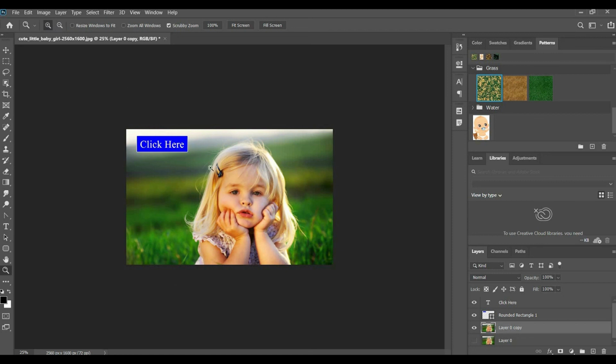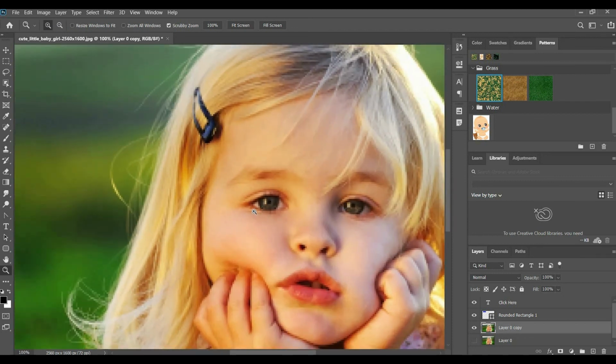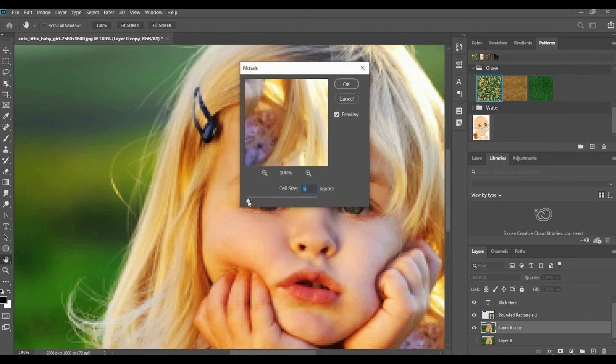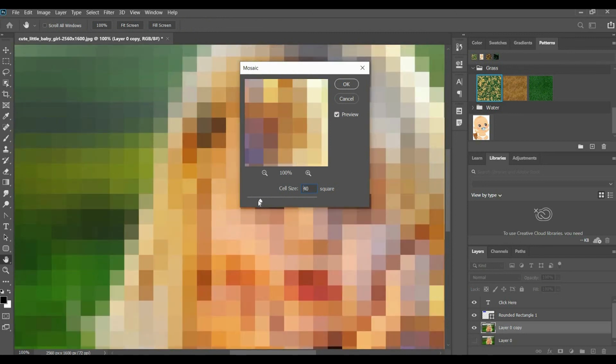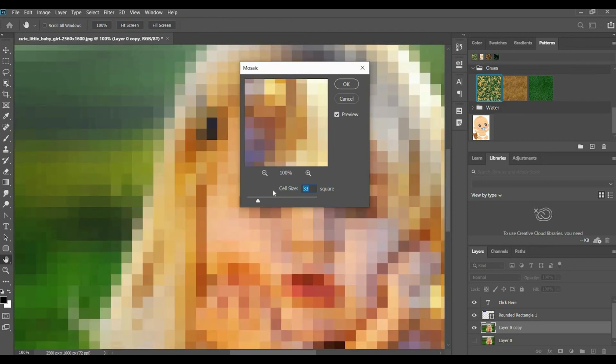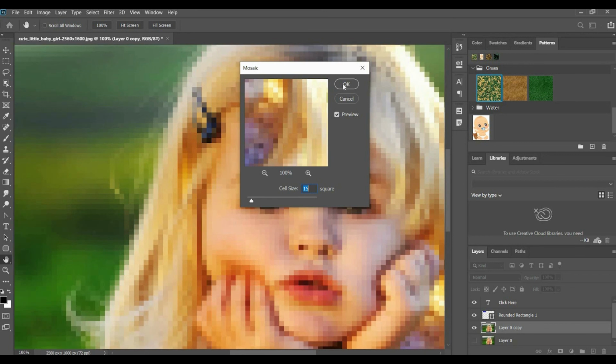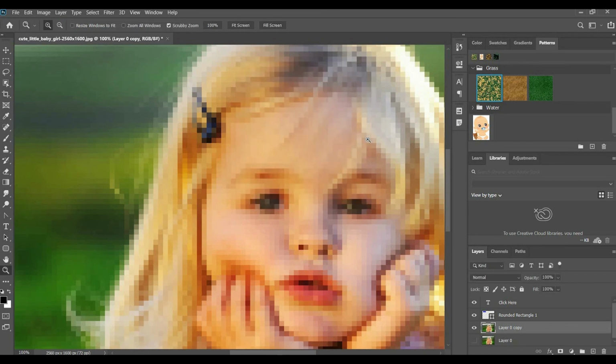Let me zoom. Okay, the pixelate has happened. So it was very minute. So can we repeat again? Just pixelate, give mosaic, and let me increase the squares. As we gave minute squares, you are unable to see. So according to our need, we can increase or decrease the cell size.